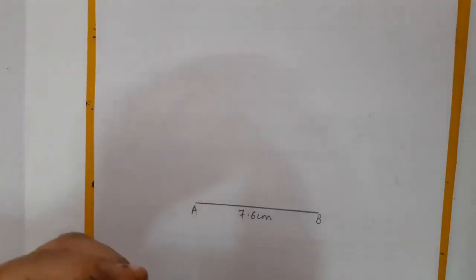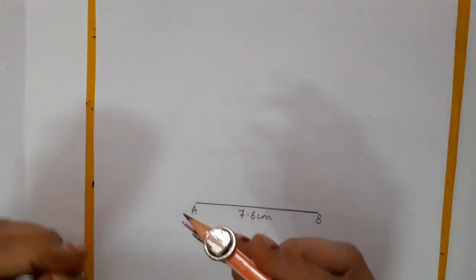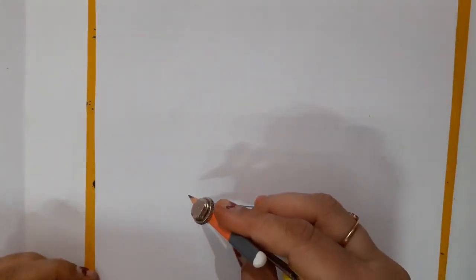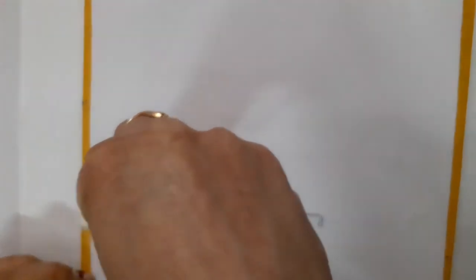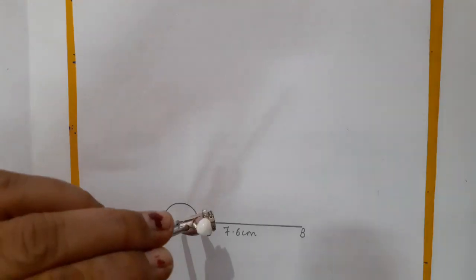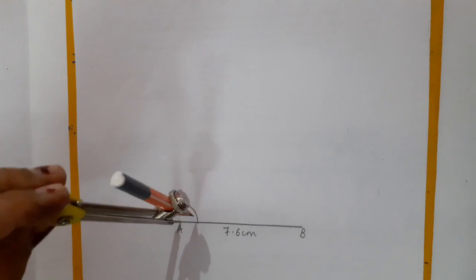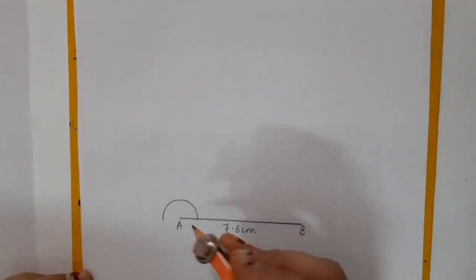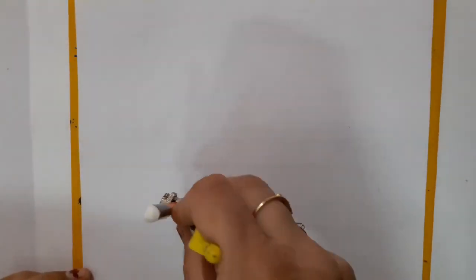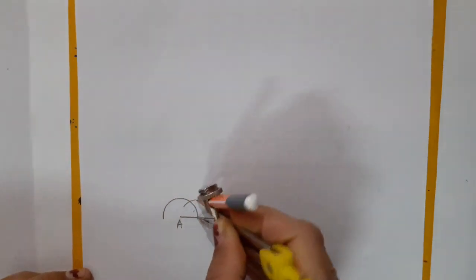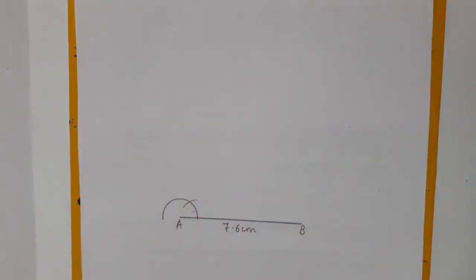Okay. So I am just going to use the compass. What are we supposed to do? I am going to draw an acute angle. For that, first of all, an arc is drawn. You can see here. So here I have just drawn one arc. As I have told you, I am going to draw one acute angle. So children, I am going to draw the angle of 60 degree.